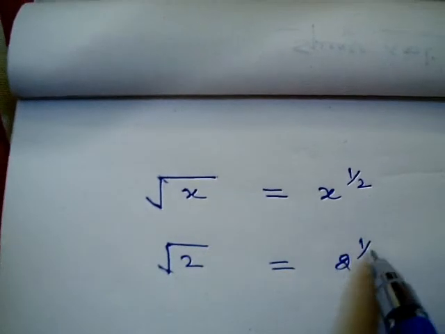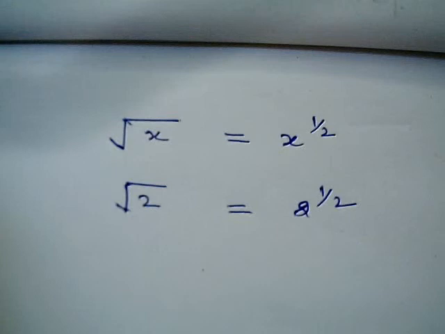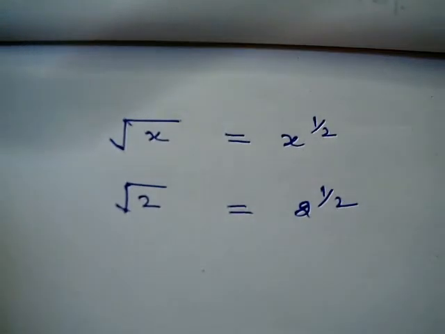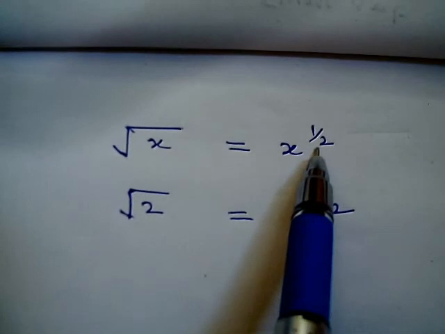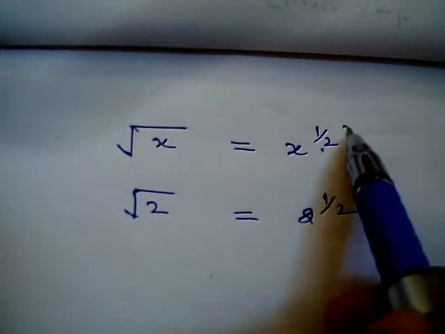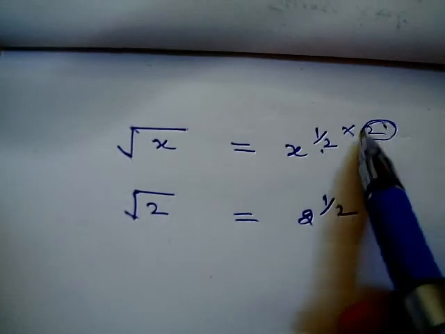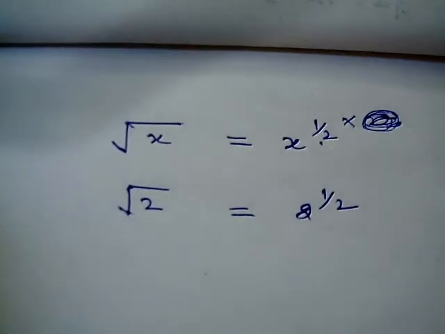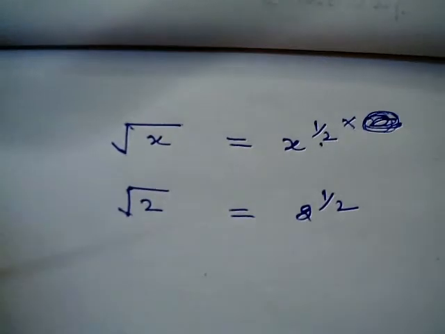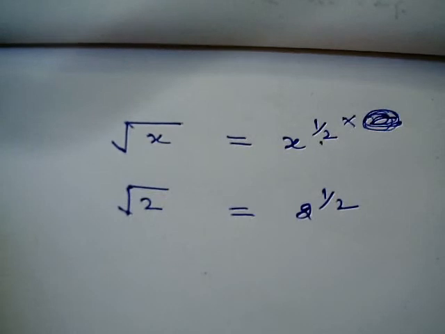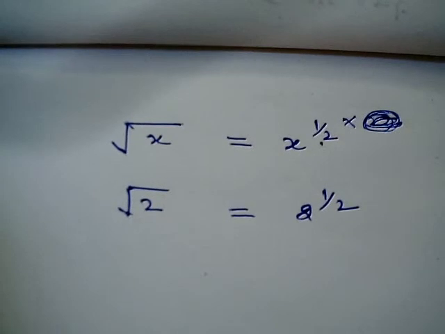So the basic idea in finding the square root is to convert any number into the form of a square. Why? Because over here in the bottom is 2. To cancel out this 2, I need a 2 upside. So from where is that 2 going to come? That's our question. When you remove the square root sign, the power is 1/2, and in the bottom comes 2, and to cancel out that 2, I need a 2 in the top. So from where is that 2 going to come?